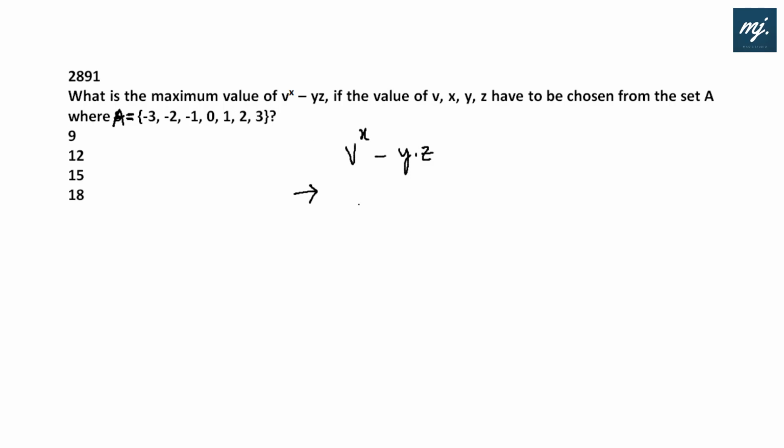I'm looking for the maximum value, so it would be 3 to the power 2 minus, now I'm left with 1, positive, and 0. I will not try to introduce 0 here, or else the maximum value would be reduced to 9 only. And I'll try to use negatives, because negative into negative will give me a positive value. So if I take y as 1 and z, the least negative, as minus 3, this will give me 9 plus 3, that is 12, which I can have if I use these numbers only once. Then the maximum value of the expression can land up to 12, that is in option B.